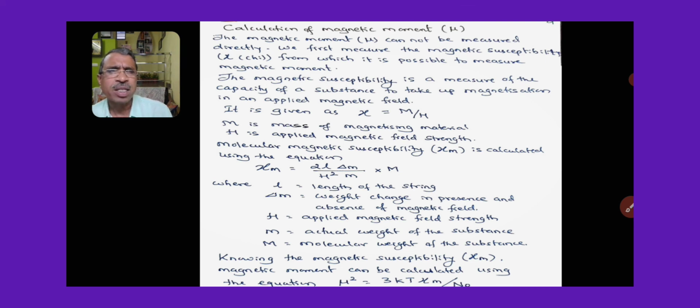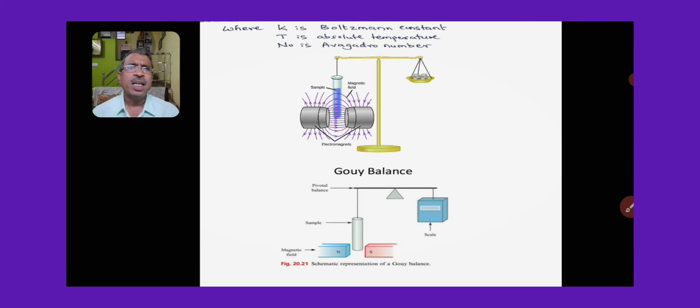Knowing the magnetic susceptibility, that is chi_M, the magnetic moment can be calculated using the equation mu square is equal to 3kT into chi_M divided by N naught, where k is the Boltzmann constant, T is the absolute temperature, and N naught is